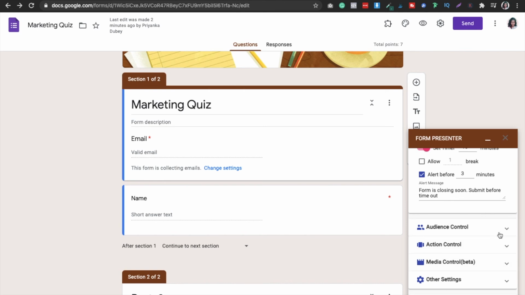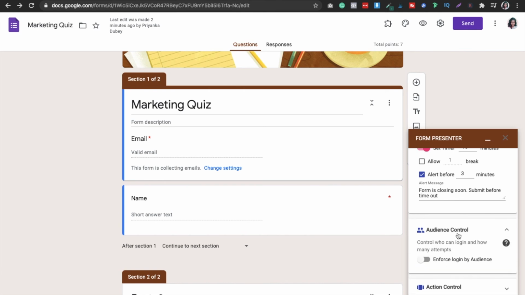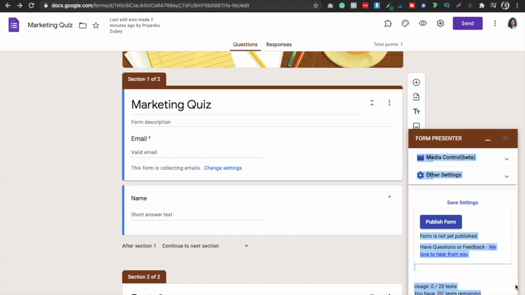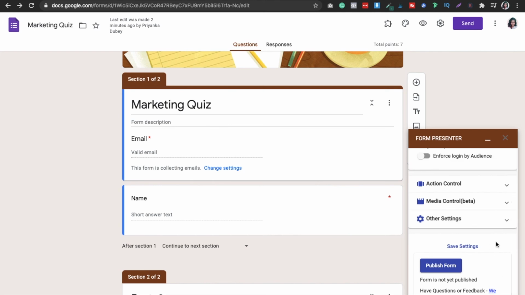Okay, and also you can choose the audience control. You can also choose a whole lot of settings over there. You just have to play around with that, and that's all. But let's go ahead and publish the form. Okay,